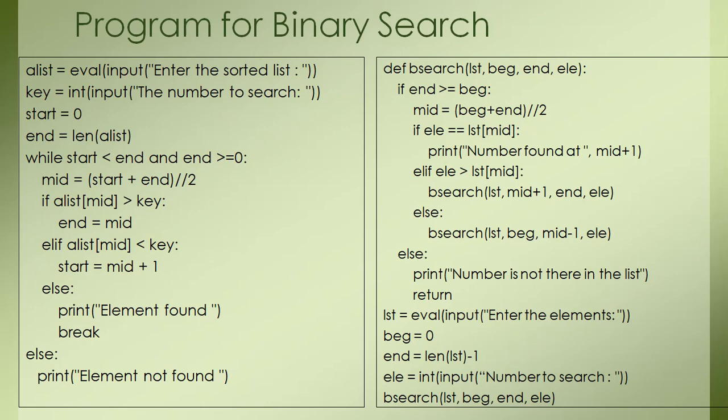Okay, so if you say that one search takes 1 second, you will be able to find your element in less than 20 seconds. But in the case of sequential search, if you are searching in a list of 1 lakh elements, the worst case is you will be taking 1 lakh seconds to search an element if the element is at the last or it is not existing in the list.